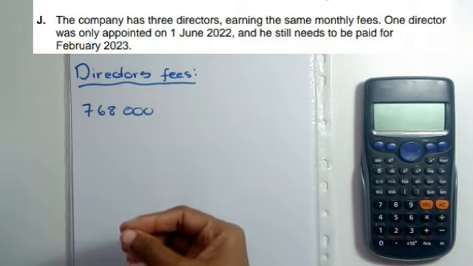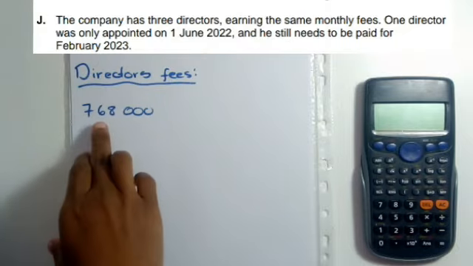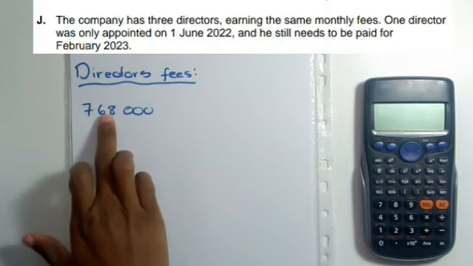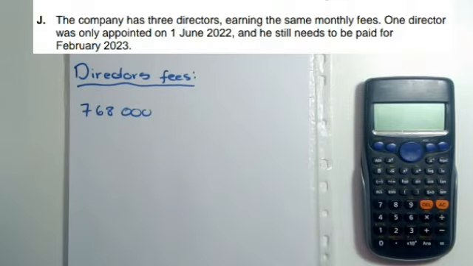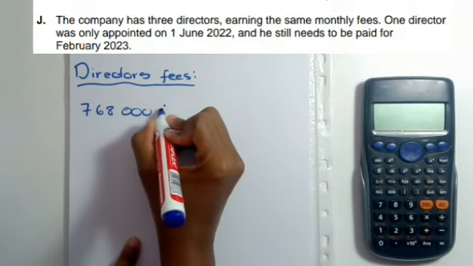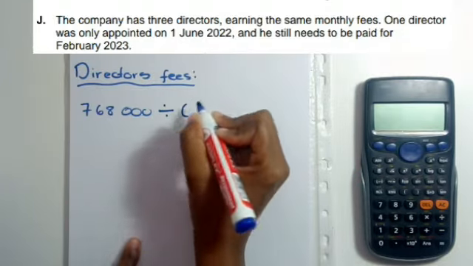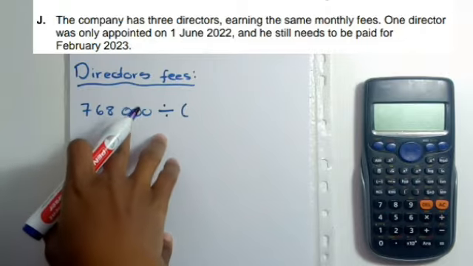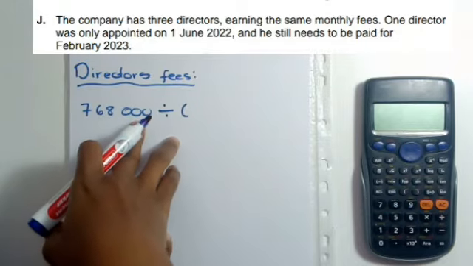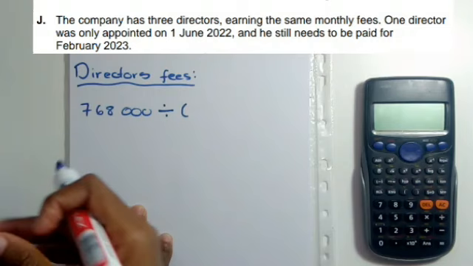To figure out how much they earn per month, we are going to divide this by the number of months and the directors that have been given to us. So it's just a division problem. We are going to divide. When we divide, we can't just divide by 3 or divide by 3 times 12, because first of all,